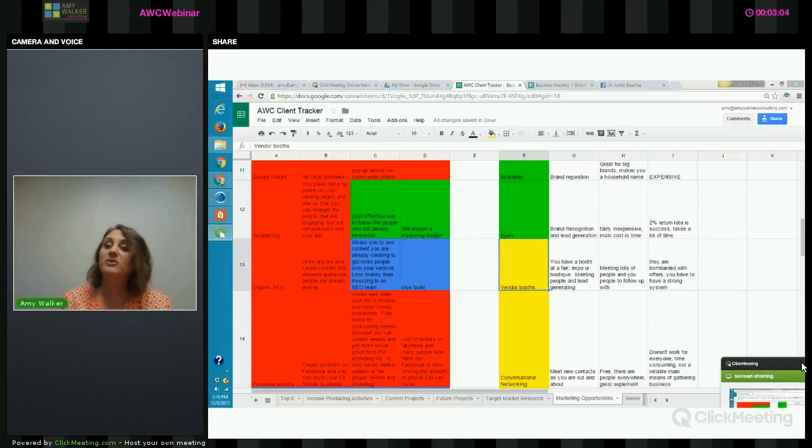Now, if you don't have a shoppable product, let's say you have a health supplement where they're not going to see the benefits right away, or you have a service-based business, then vendor booths for you are 100% about lead generation. That is your focus. Get people's contact info so you can meet with them in a better setting later. It's really important to understand that follow-up to be